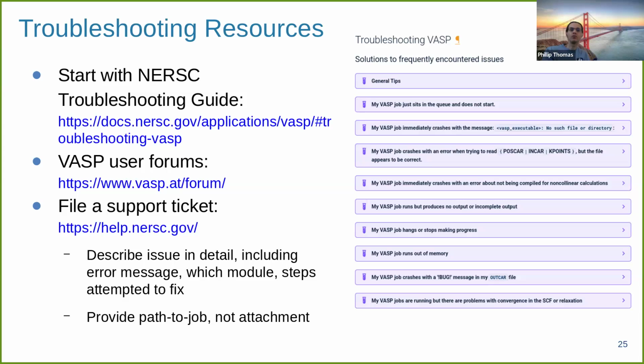If you need resources for troubleshooting, then the place I recommend starting is first with the NERSC troubleshooting guide, which is at the NERSC VASP page. And this has a drop-down menu of the most common errors that occur and then the solutions. Usually, if you see a VASP-generated error message, such as "I refuse to continue with this sick job," then this is an indication that there's something you can probably fix in your INCAR or your POSCAR file that will fix